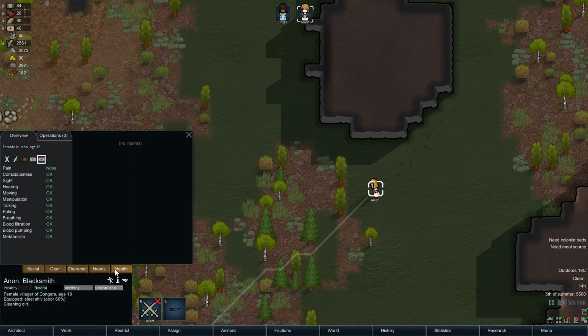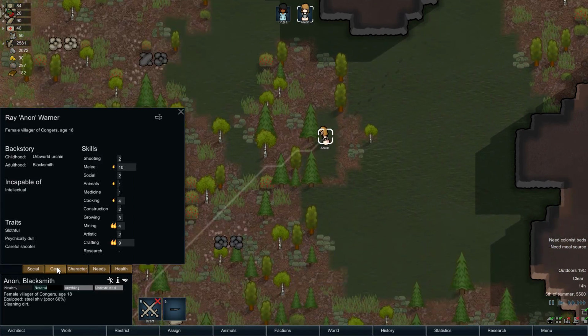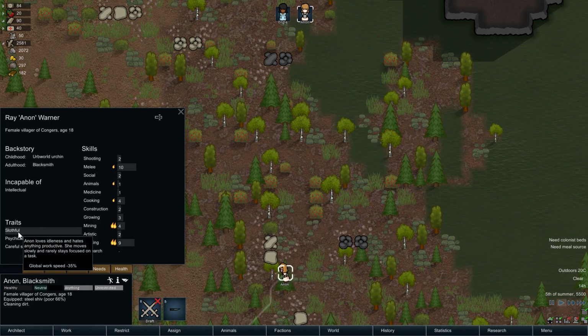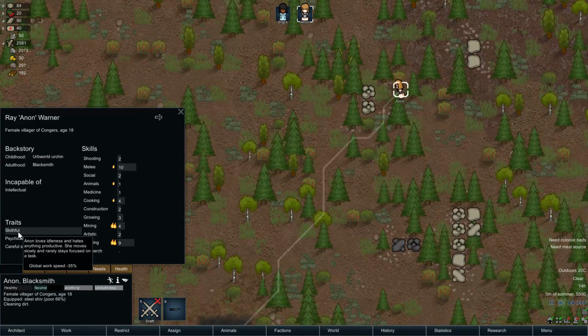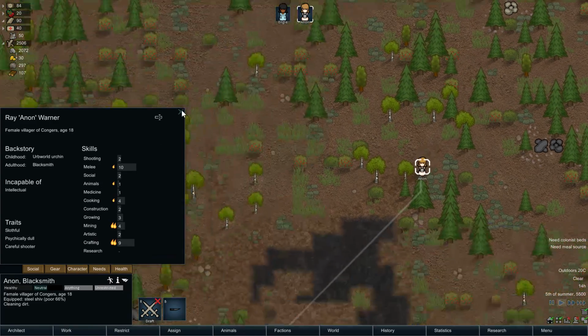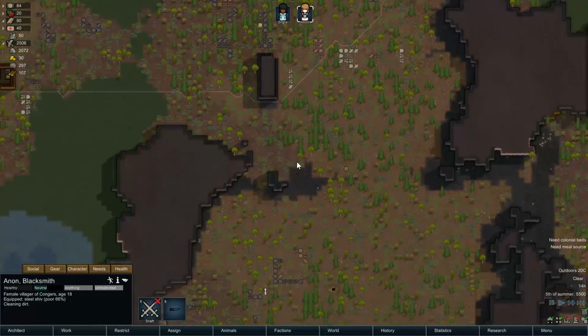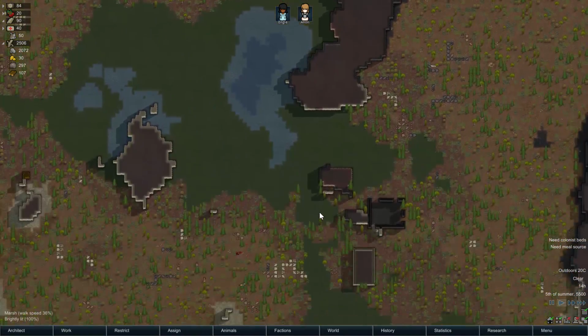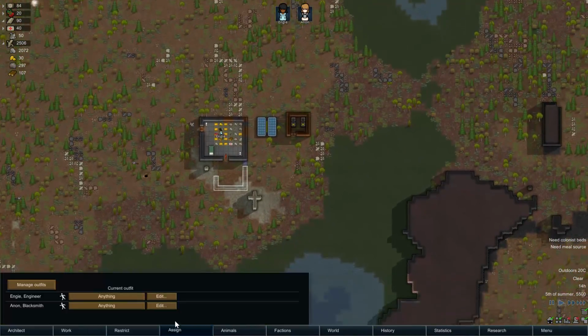In this case, they are healthy and young, which is awesome. Careful shooter, which is cool. Cynically dull, which is good. Slothful, which is a bit bad, but oh well. Burning passion in crafting. Great at mining. Good at melee. I cannot complain. You are completely okay. Like, you are totally okay. So let's go into